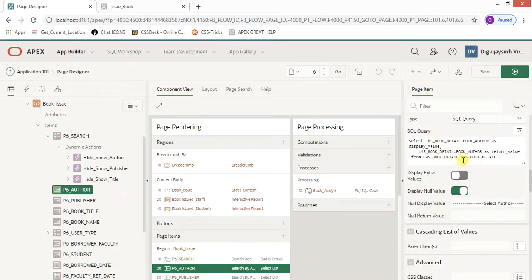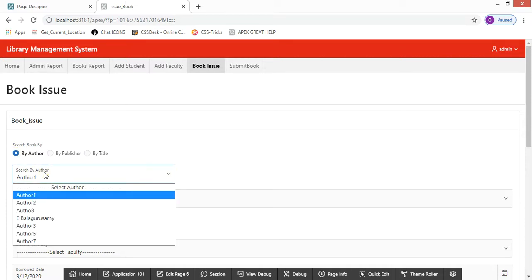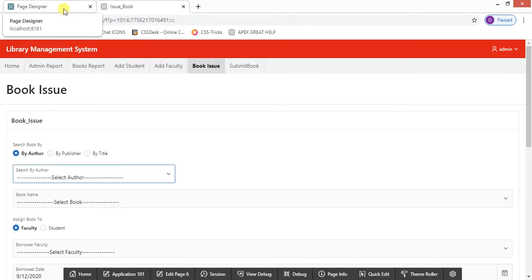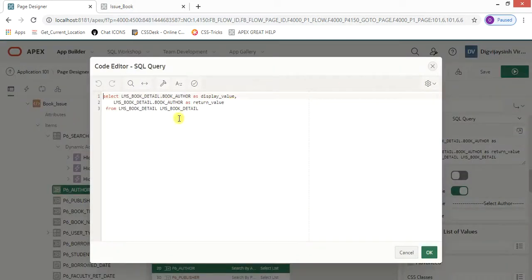So we need to grab the data for those authors whose book has been selected here, by author. So I'm just selecting the author names. Let me show you how it can be done. Go to this page and let me show you the query.